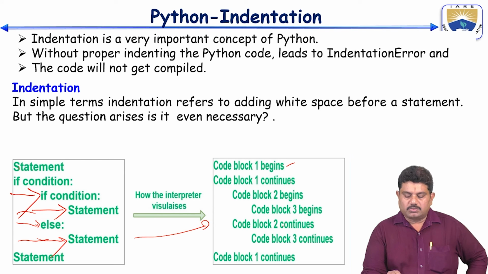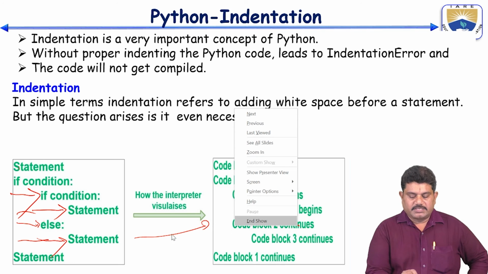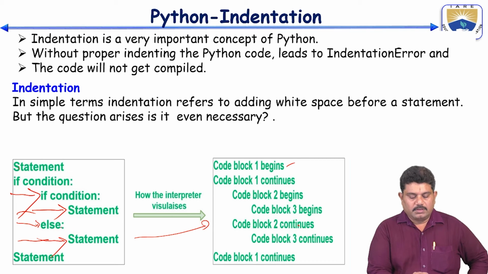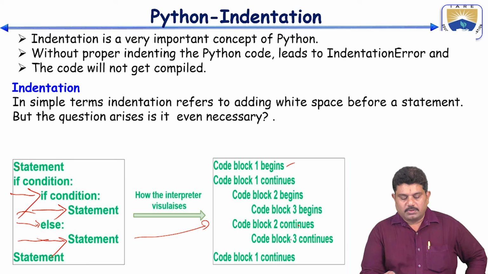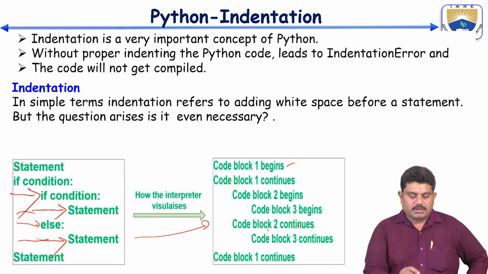That's why code block 2 continues here. Okay, and next one, in the else statement, inside the else we have a statement. This statement has some additional white spaces when compared with the else. It means it is another code block. At the same time, the number of white spaces before the statements in the else condition and